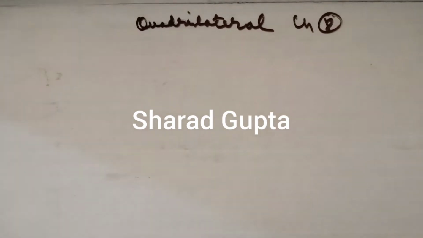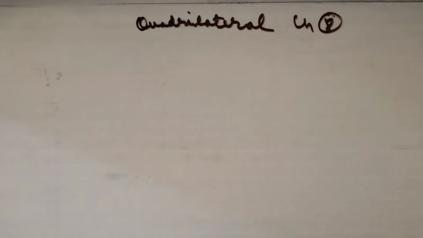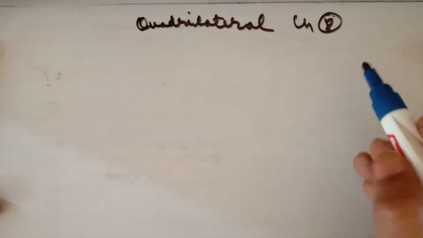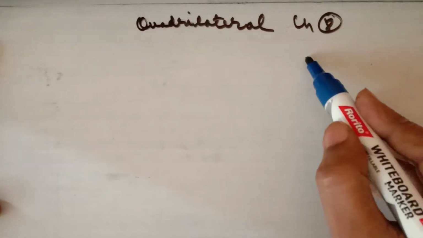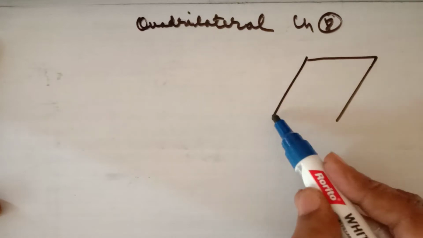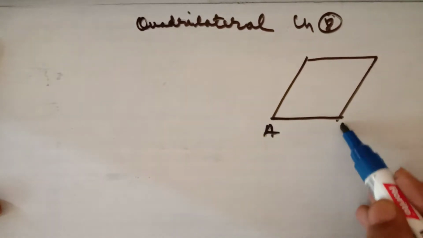This is lecture number 1 for the chapter Quadrilaterals for class 9th. Now, what is a quadrilateral? First of all, I'll define it. A quadrilateral is a four-sided closed figure. Let us take this four-sided closed figure,